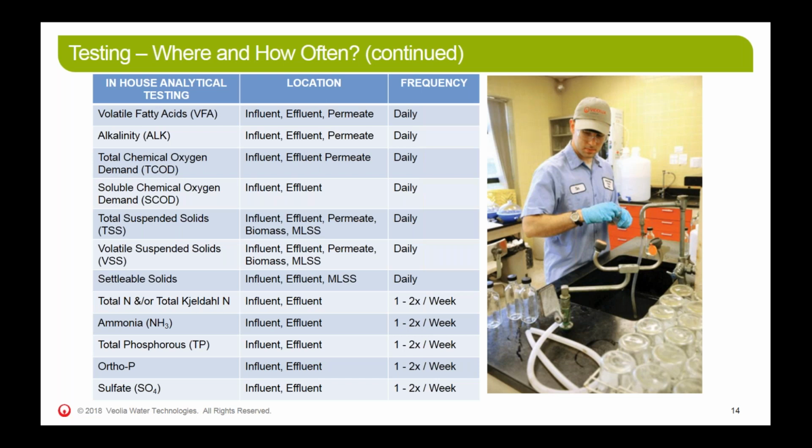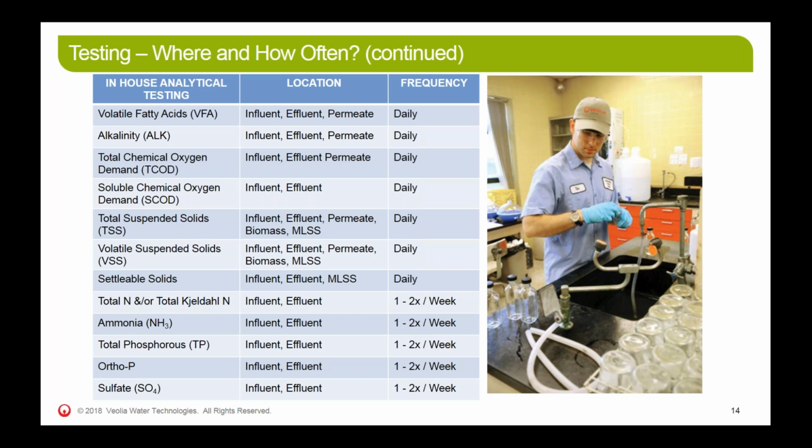For the mixed liquor, for the biomass, it's usually done on the high rate systems only about once a week or every other week. Settleable solids, on the high rate system, are measured on the influent and the effluent on a daily basis, and can also be done on the mixed liquor suspended solids on a daily basis if